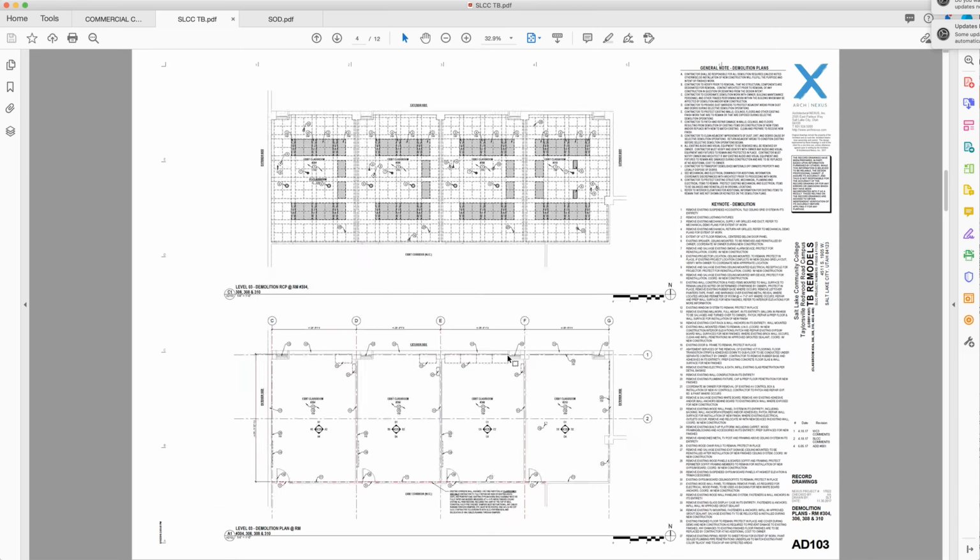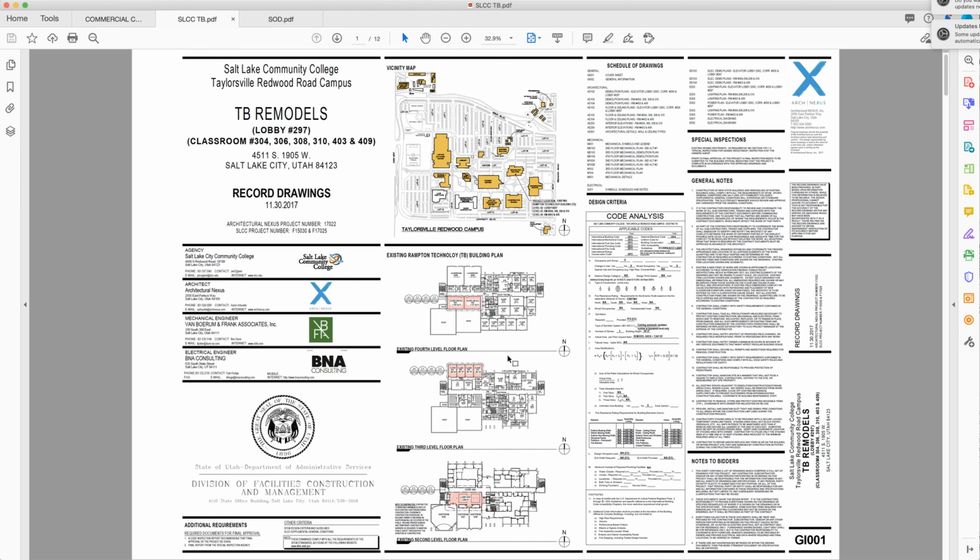That will cover our commercial portion. Again, we're just looking at small sets. If there are any larger sets that you guys want to review, again, extra credit on campus. If you guys want to go, please let me know and I'll send you a worksheet. But again, these smaller sets really cover the idea of what we're trying to learn with the typical symbols and sheet naming. And you'll get into code analysis in other classes, but I thought this was a great intro to